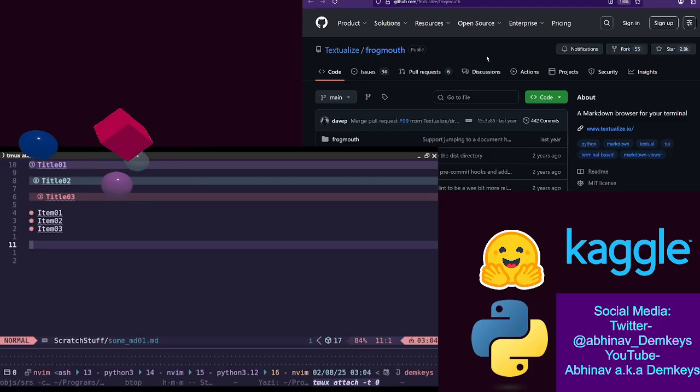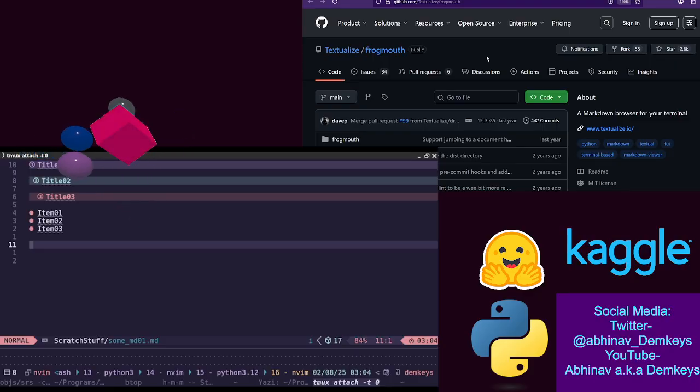So if you have moved your entire workflow to a terminal based workflow, which is basically what I've done recently, then you have a ton of tools available to you in various forms. You just need to know where to look, or you need to do the right kind of research in order to find them. Frogmouth, for example, I wouldn't have found out about Frogmouth unless I had started looking into